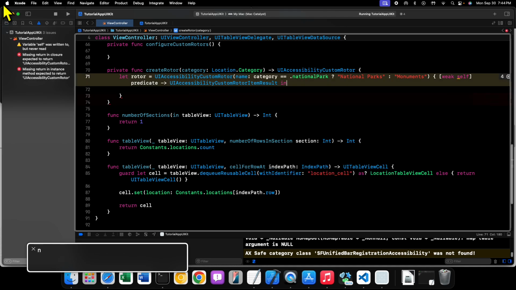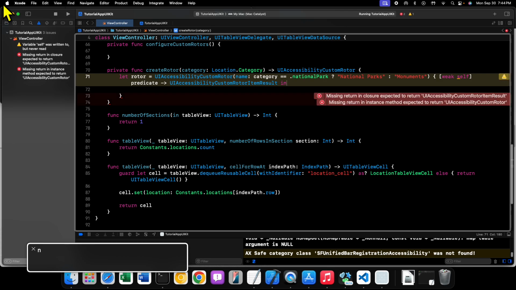All right, so let's go over what we've done so far. Right now we have a constant rotor, and this rotor is going to be of type UI Accessibility Custom Rotor. We're passing it a name depending on the category. So if the category that we pass in to create rotor is National Park, then the rotor name will be National Parks. If the category is not National Parks and is Monument instead, the name will be Monuments. Then we're passing it a closure with a weak reference to self, and this closure takes in a predicate,